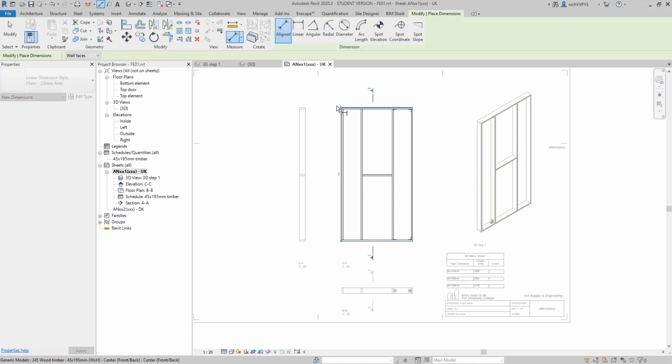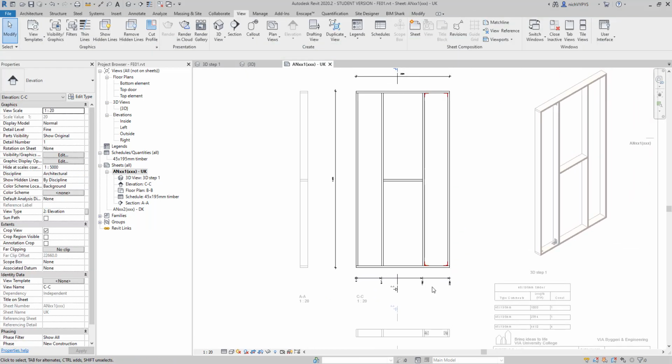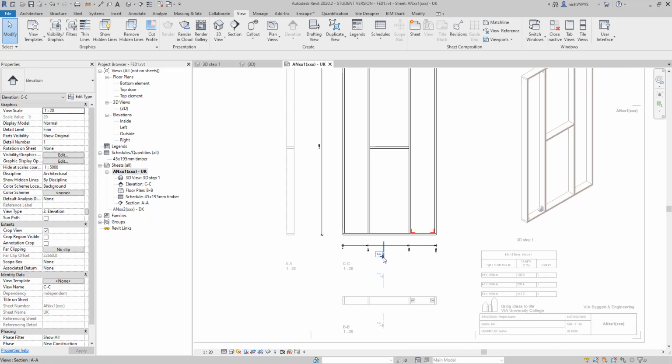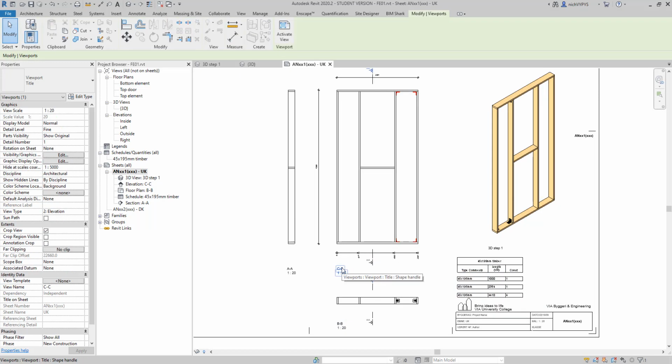So on the sheet, I'll double click the view, and then you can add dimensions to the view. And remember, you can also create this zero-based dimension. So that is very, very easy for the workers to create this specific element. So instead of having